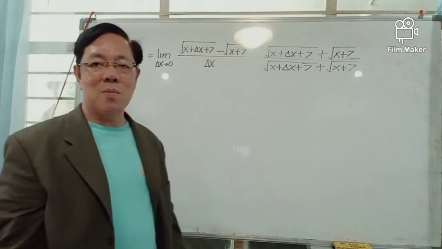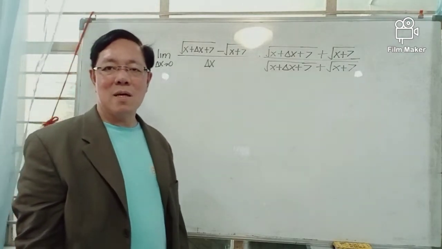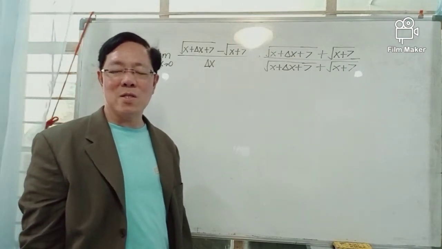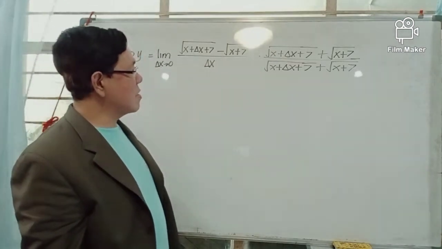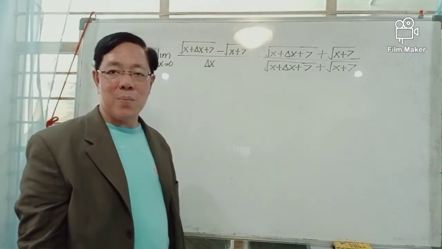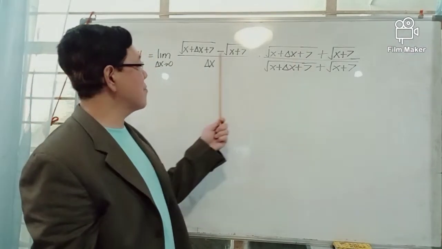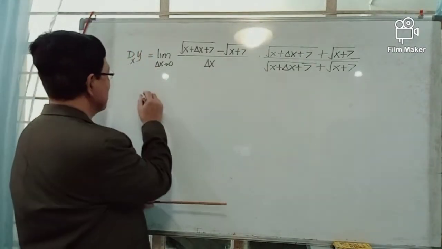So we apply the special product rule, which says that the product of a sum and difference is equal to